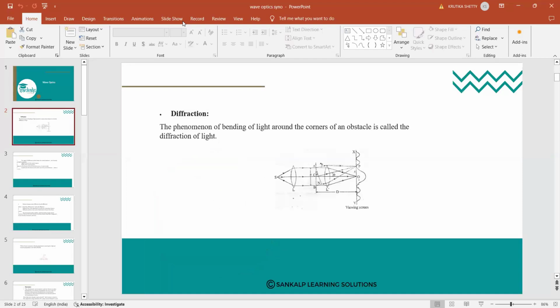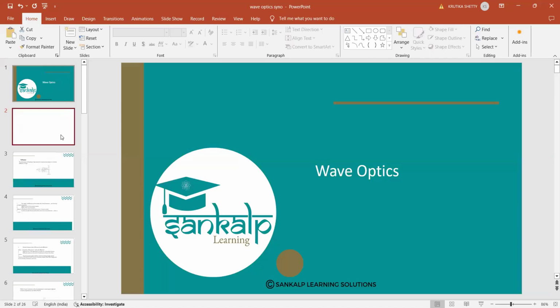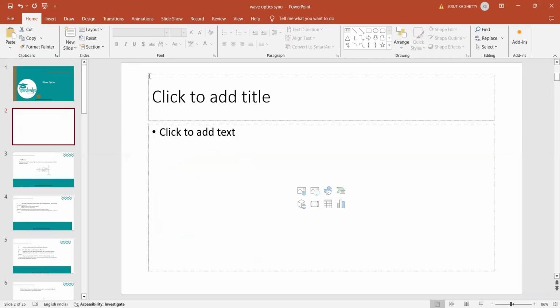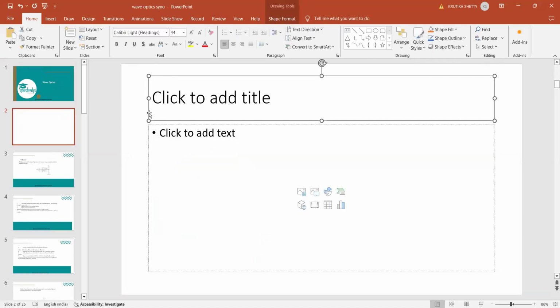The constructive interference and the destructive interference we have completed. Here we are seeing the Young's double slit apparatus and the Young's double slit expression to obtain the expression for the fringe width. This part is actually deleted. So to understand the fringe width, I am explaining the Young's double slit experiment.